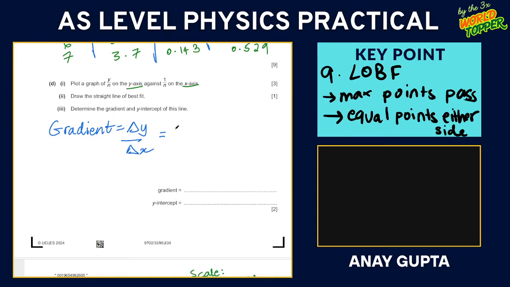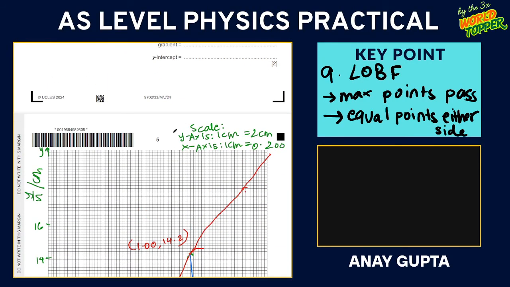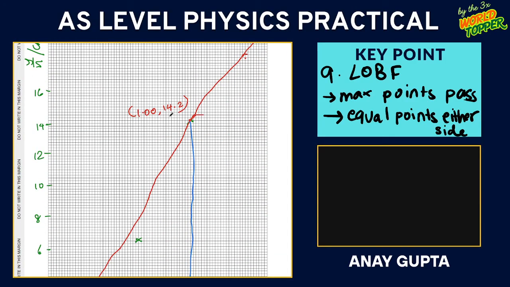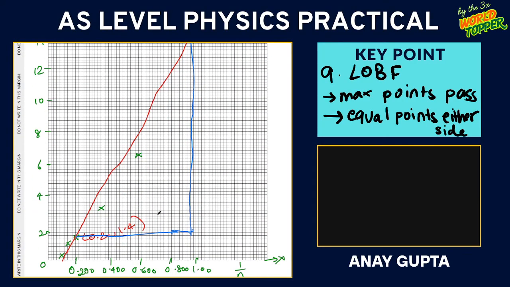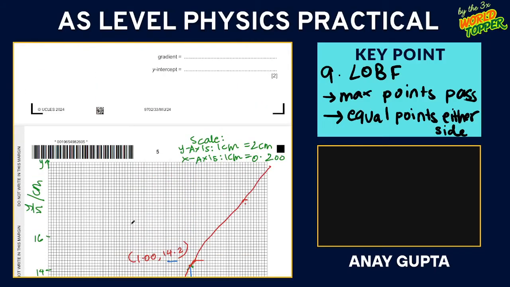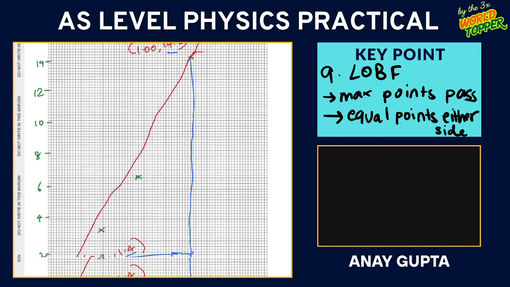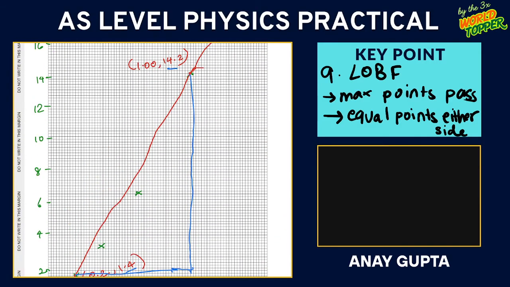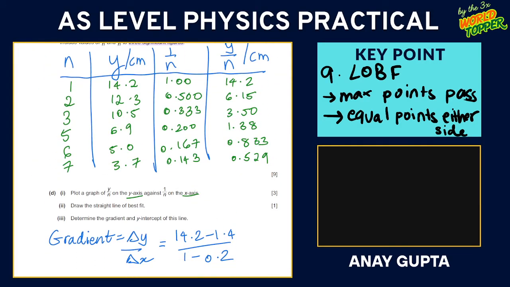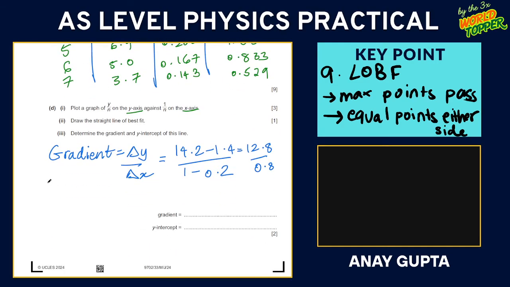You just calculate the difference in the y coordinates, which will be 14.2 minus 1.4, and the difference between the x coordinates is 1 minus 0.2. You can just take a look at the coordinates over here, right? So that gets us to 12.8 upon 0.8, and if I calculate that, my gradient